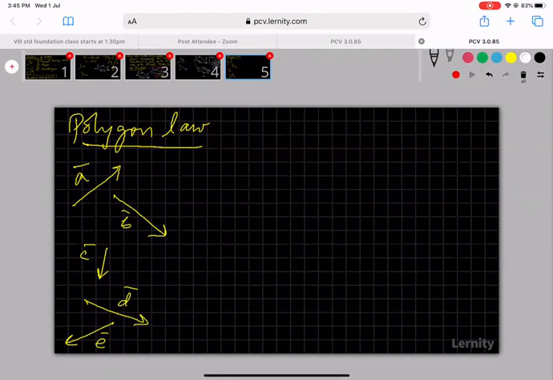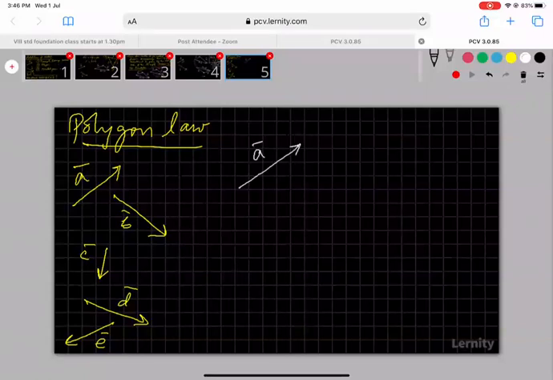The statement goes like this. When any number of vectors to be added are drawn successively, then their resultant is given by the vector joining the initial point of the first vector to the final point of the last vector. Okay. So if A bar is this,